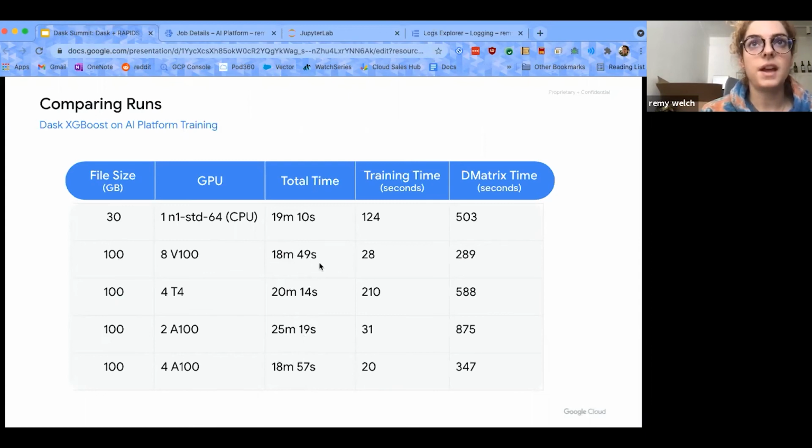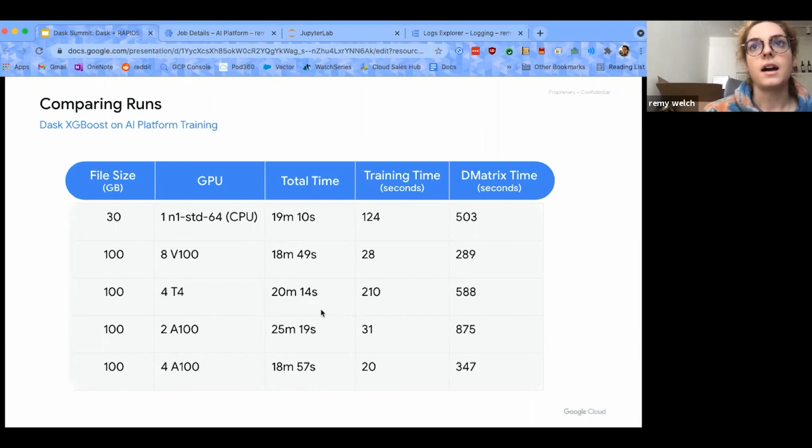Around 11 minutes of that currently is the actual provisioning of the resources. So you kick the job off and it has to spin up the cluster. It takes around 11 minutes when you're using GPUs and around 7 minutes when you're using just CPUs. The team does recognize that when you're talking about a 20-minute job, 11 minutes of startup time is fairly significant. They're working on getting that provisioning time down. But when you're talking about jobs that can take hours to execute, 11 minutes is fairly